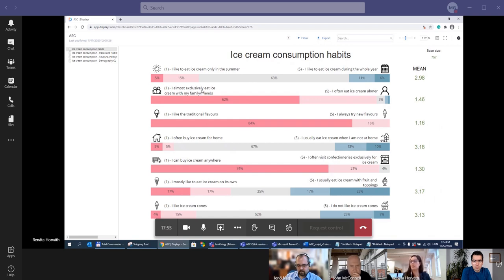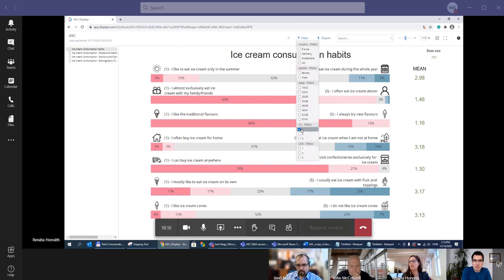This is the almost exclusive ice cream with my family and friends, traditional flavors, and I can buy ice cream anywhere. So depending on what the statements are in the clusters, we can name them.